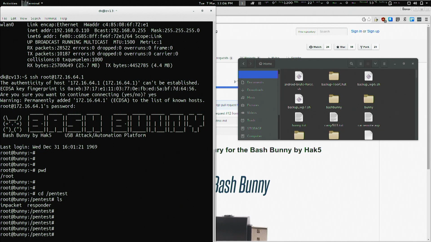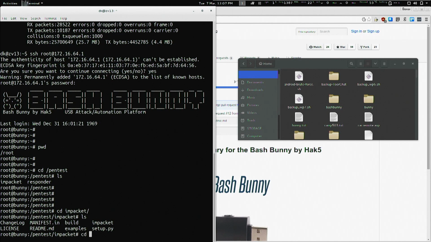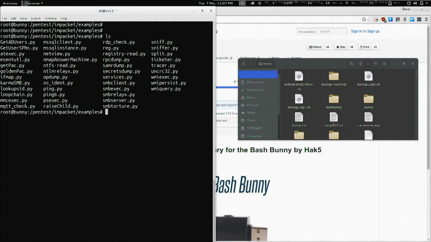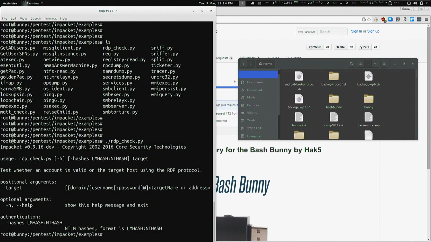And one of the tools that I want to run is actually from Impacket, and it's under the examples. And I feel like it's a good example of what's possible on locked machines when you show up as RNDIS Ethernet. I'm just going to run, what is it called? rdp_check.py. And what this does is it allows me to pass it various arguments for the domain and the username and all of that. Really what it's doing is it's just going to check whether or not RDP services are running on a machine,